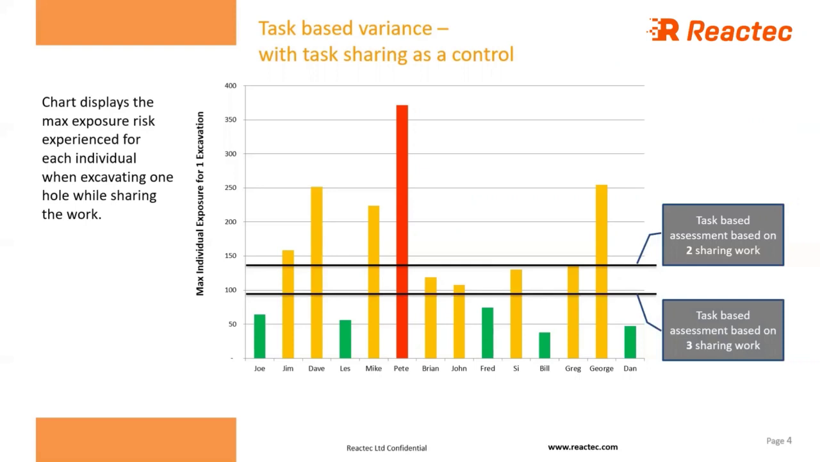So the 2 black bars are the expected exposure, depending on whether it were 2 or 3 people sharing the task. The coloured bars are the reality for each individual. So a few individuals were very much under what was assessed. Some did fall in the gap between the 2 assessments. A number of individuals exceeded it, and one in particular exceeded it quite significantly, that we have identified by the name